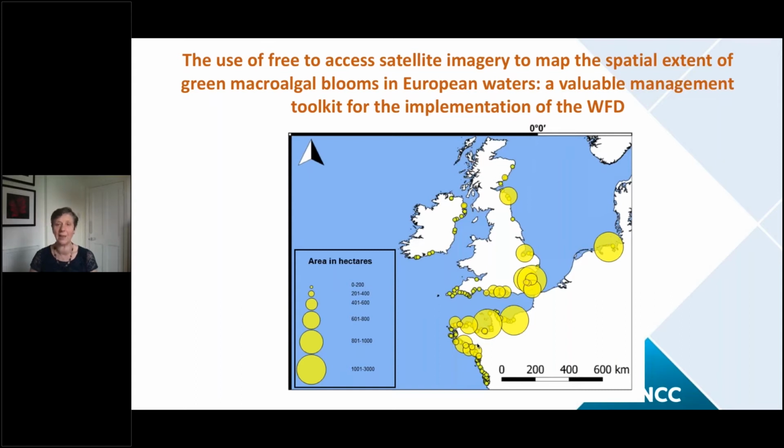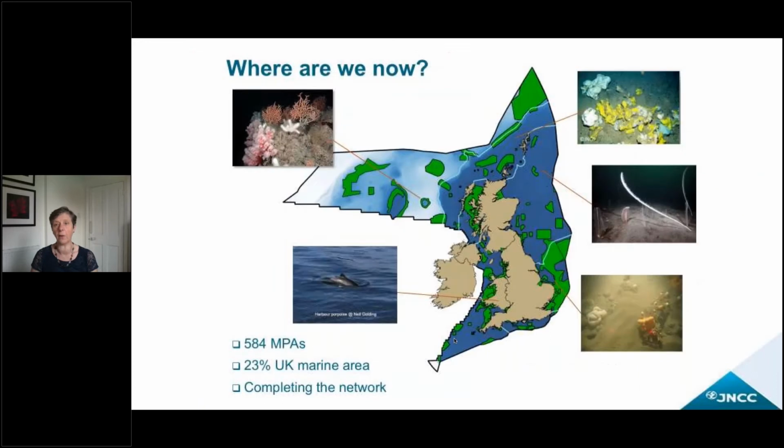So the sheer size of the intertidal areas, but also the depth of the deep sea, means that without using remote sensing, it's impossible to gather enough data. The areas are truly gigantic, as I said, and a lot of the work can now be done from space. We still need to go undersea,